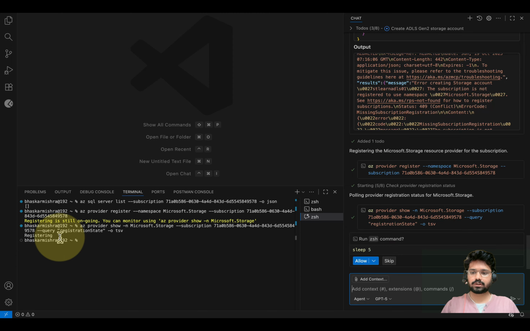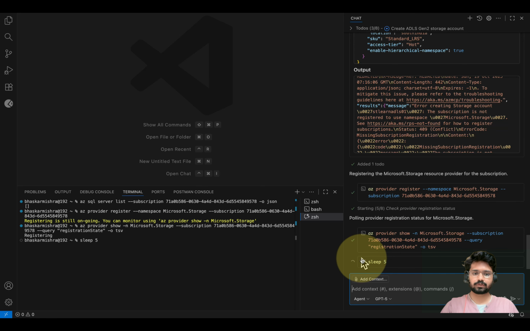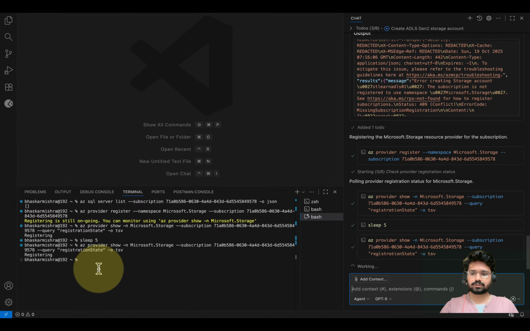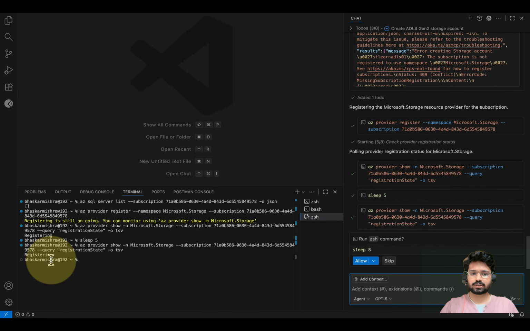So here you can see the status is still registering, and once the registration state is completed... See, this particular agent is smart enough, so it sleeps for 5 seconds, then again it tries to check the registration status. So see, it is still registering, then it sleeps for 8 seconds. So this is all